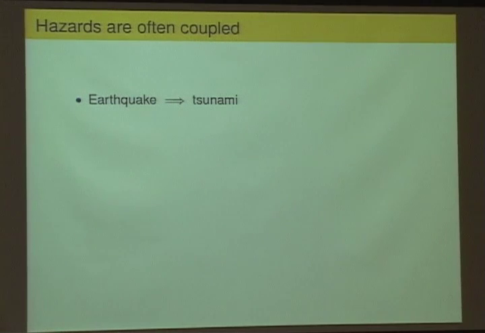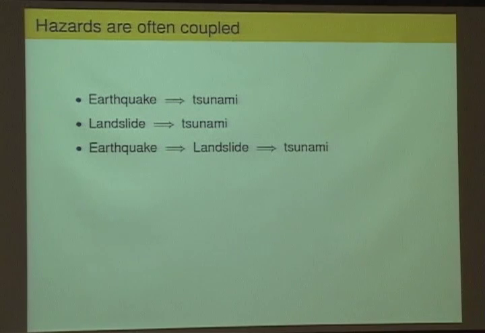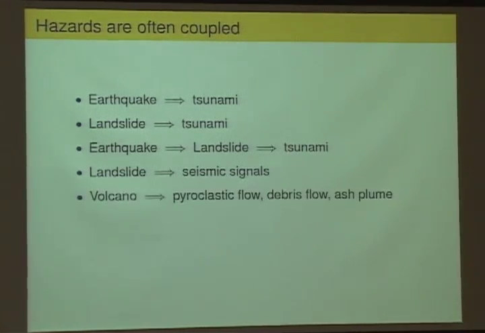So of course, earthquakes cause tsunamis, but also landslides can cause tsunamis. There have been some cases where very large-scale landslides have caused tsunamis that have killed people. Of course, earthquakes are often the trigger that causes the landslide. Submarine landslides along the continental slope often happen, sometimes hundreds or thousands of them following one of these big subduction zone events that themselves cause tsunamis. Landslides also cause seismic signals, as I mentioned, and it's interesting to look at that coupling.